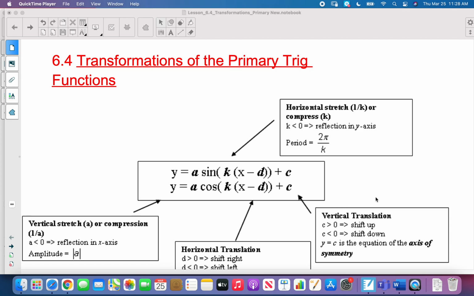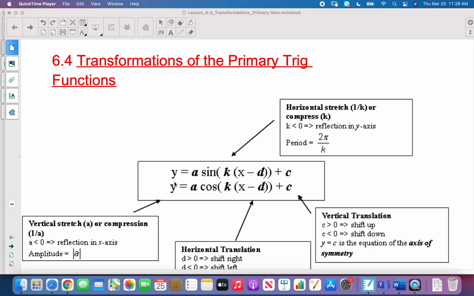Transformations of primary trig functions. We're going to understand how to graph transformations of primary trig functions. To understand that, let's look at the general equation of a transform function, y equals a sine k times x